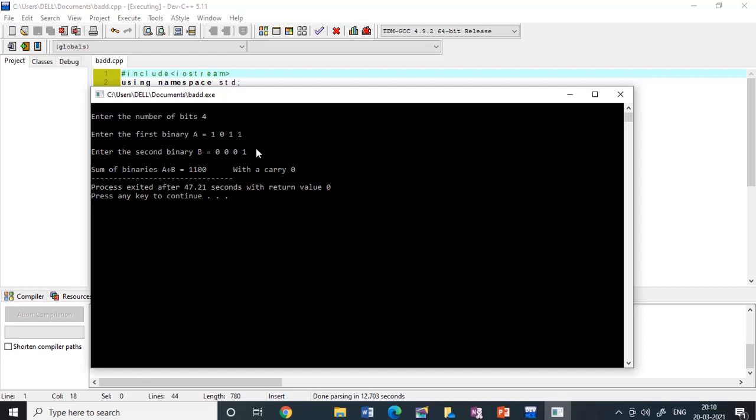Can anyone try this for me and see if the answer is correct? One plus 1 is 0 with a carry 1. Again 1 plus 1 plus 0 is 0 with a carry 1. Again 1 plus 0 is 1 and 1 plus 0 is 1.